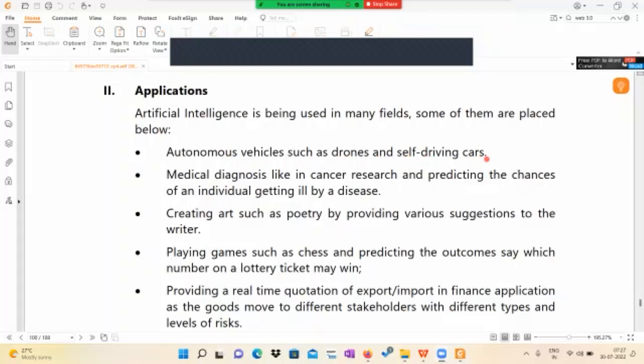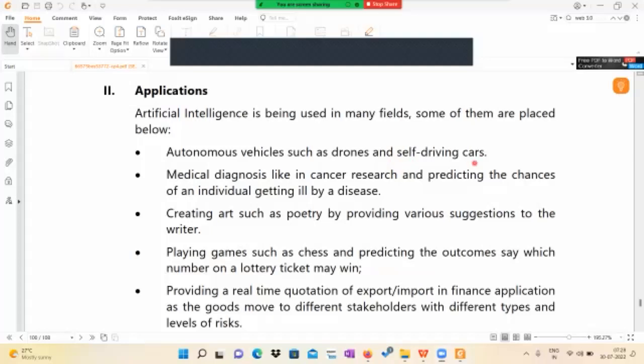So we know that drones are used for surveillance by the defense personnel, surveillance meaning observation, monitoring. Indian defense forces use the drones to monitor the enemy movements at the border, and these drones are basically self-driven drones. They are instructed from which place to which place they have to go, so accordingly they move from that place to another place.